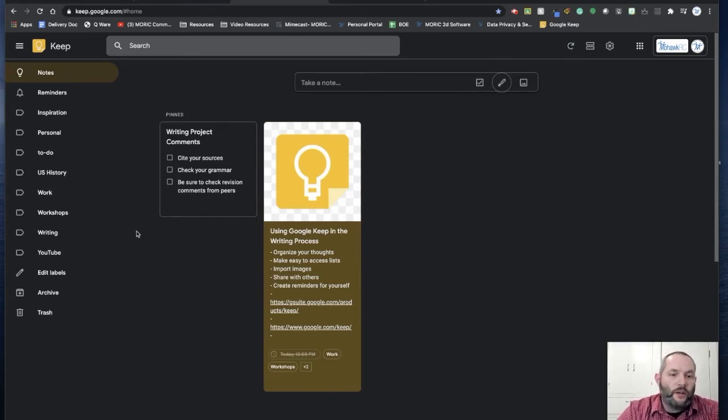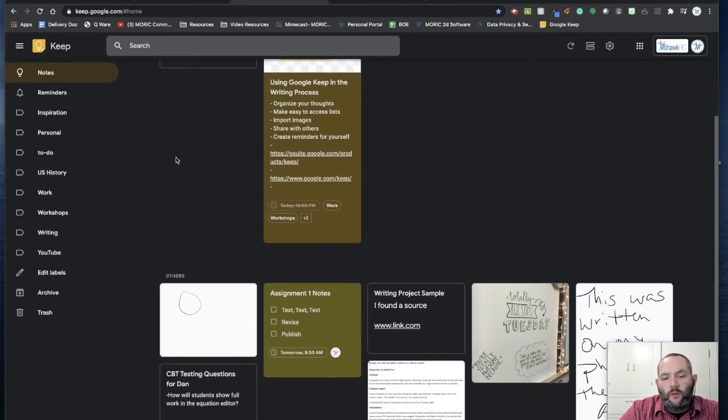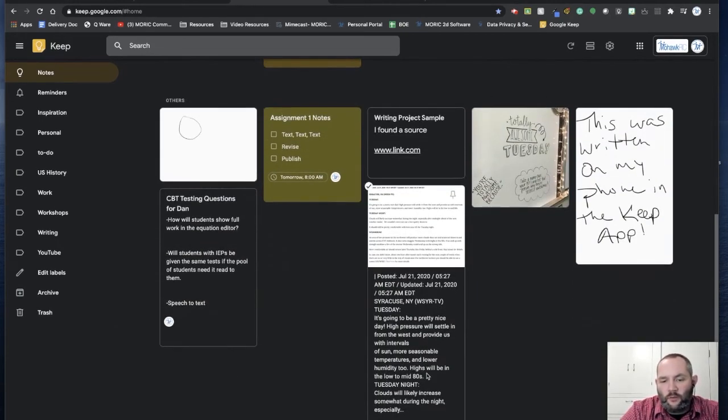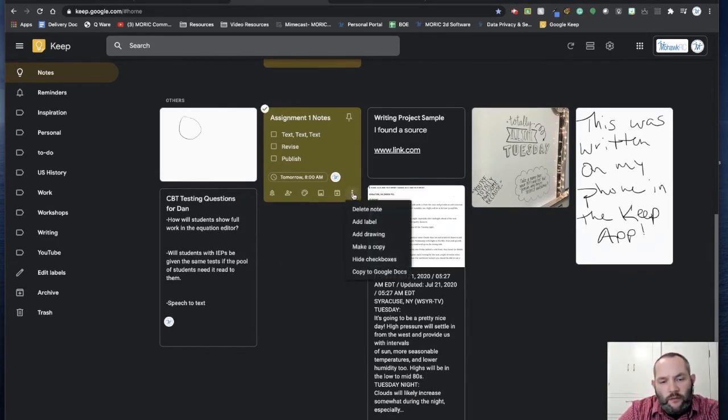One last feature here within the Keep interface that I want to point out is you'll notice I have a couple of notes that are at the top and they're listed under what's called pinned. So if you have some notes that you want to use all the time in Google Keep, and you want them to always appear at the top of the list, what you can do is you can go down into your list of notes, and let's say I want to take my Channel 9 one that I showed you before. Actually, let's use the assignment one.